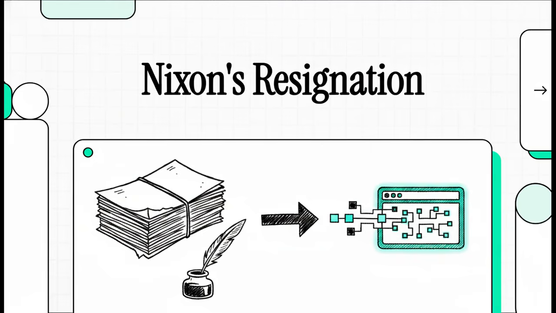All right, let's jump right into it. Welcome to this explainer. Today, we're not just looking at a piece of history. We're looking at the digital anatomy of a resignation. Specifically, how a singular world-changing historical moment exists right now as a digital artifact. It is literally an incredible journey from physical paper to pixels, and we're going to see how the modern digital architecture holds that history up for us to see today.